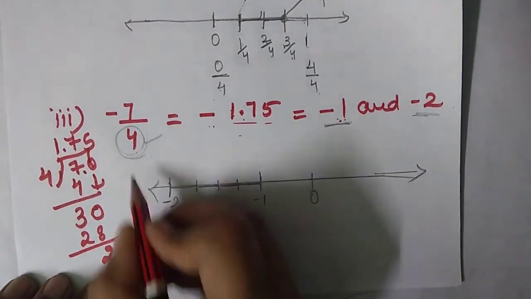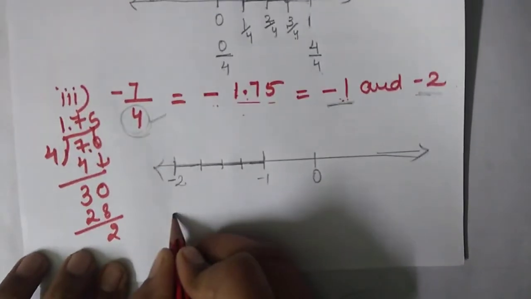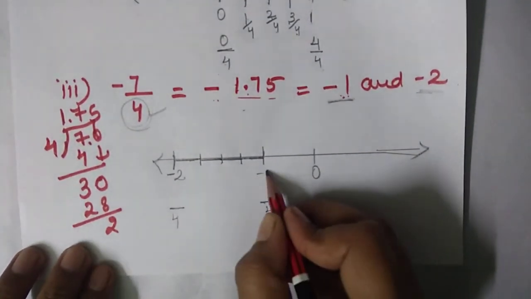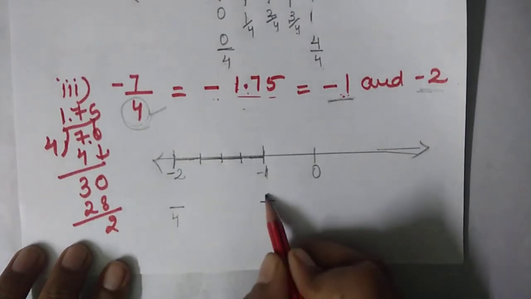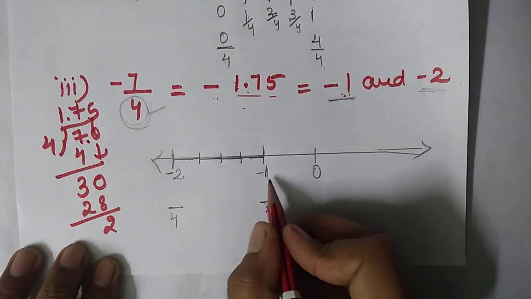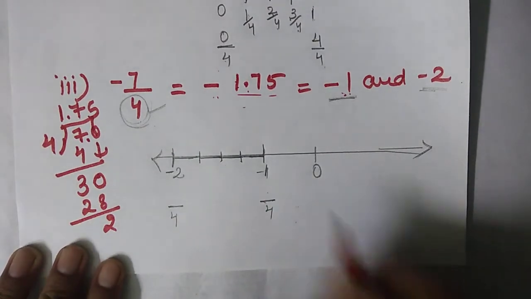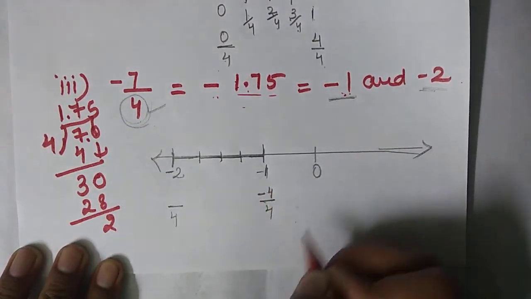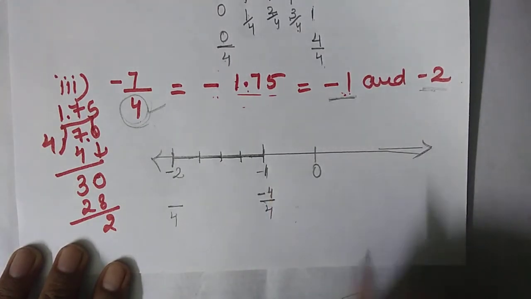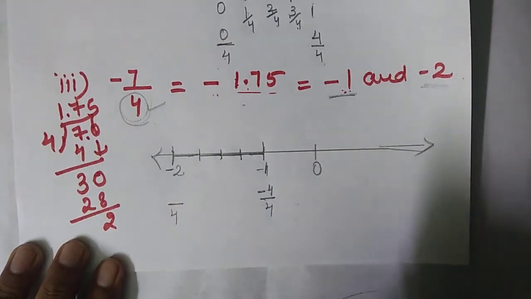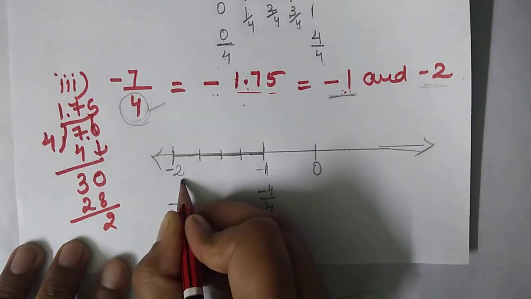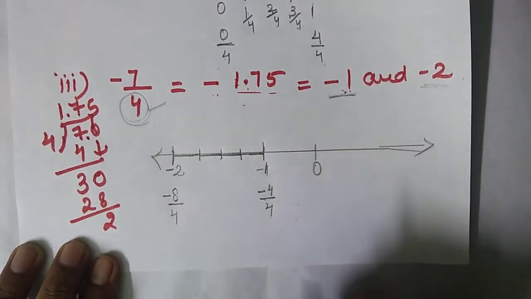Okay, now the denominator is 4. I am writing the denominator is 4. Here also the denominator is 4. Now you have to search for the numerator. You have to find a number in the numerator so that the resultant gives you minus 1. So there must be minus 4 in the numerator, because on cancelling them you will get minus 1. Okay, now minus 2. You have to search for a number for the numerator so that the resultant will give you minus 2. So there should be minus 8 here.